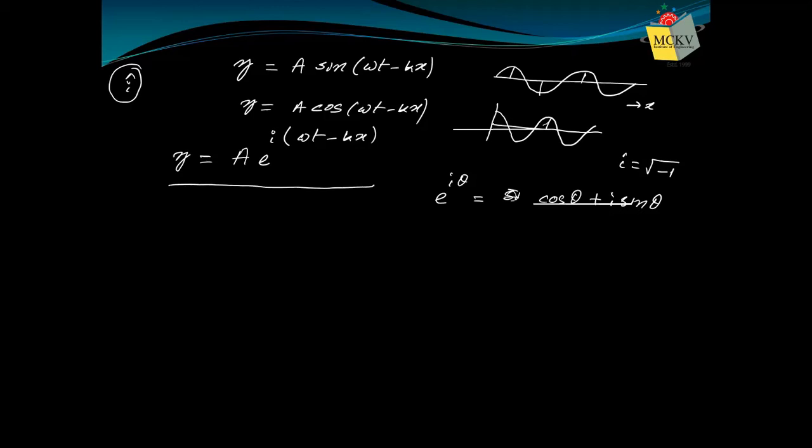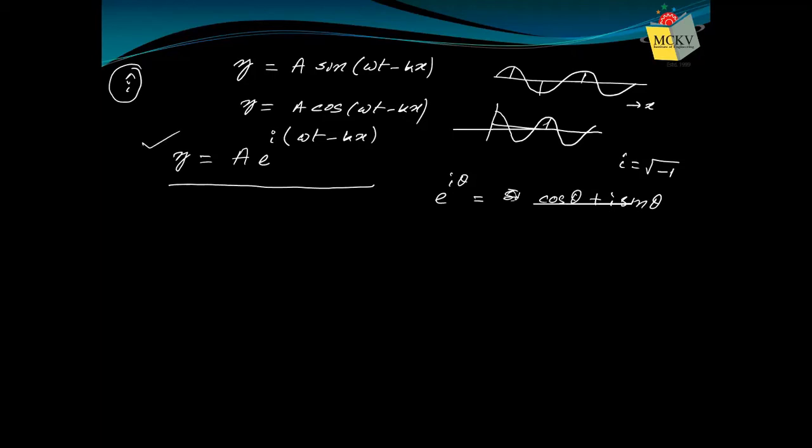That's why in general, instead of using a sine or cos wave, e to the power i theta is utilized, because it contains both sine and cos. So you can extract whatever you require, sine or cos, from it. Hopefully you understand, it is always easier to deal with e to the power something mathematically. Whether you use differentiation or integration on those quantities, it will be easier. That's why generally that is how it is used.